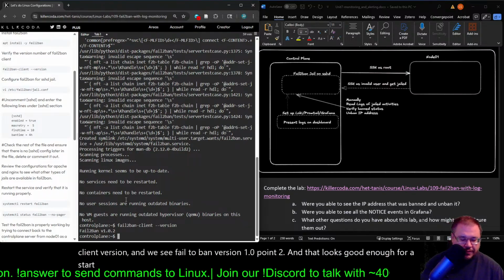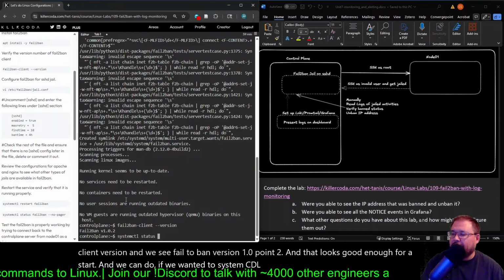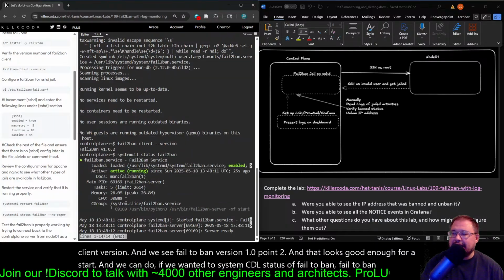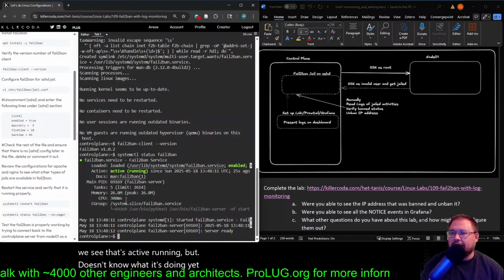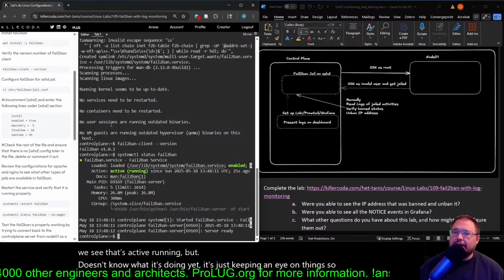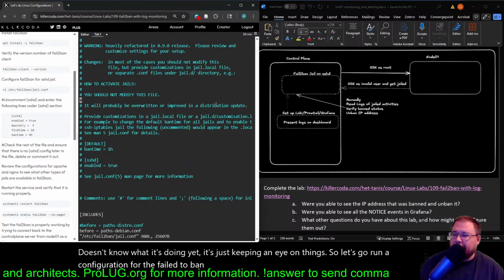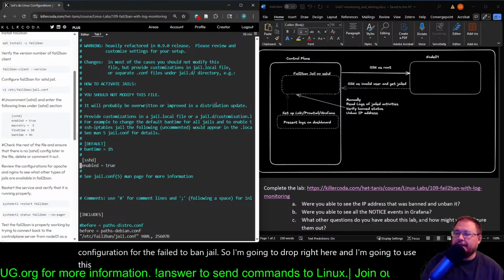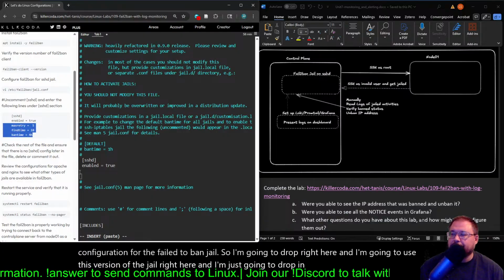And we can do, if we wanted to, systemctl status of fail to ban, right? And we see that it's active running, but it doesn't know what it's doing yet. It's just keeping an eye on things. So let's go run a configuration for the fail to ban jail. So I'm going to drop right here, and I'm going to use this version of the jail right here, and I'm just going to drop in these values,